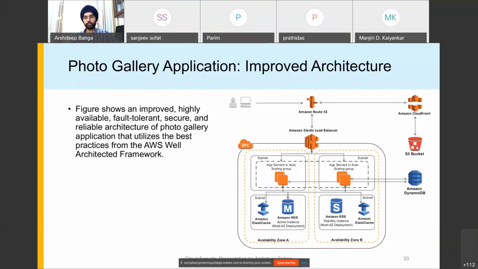So if users are requesting the application from a particular location, they may be routed to the nearest location where the application servers are deployed. So like this, if we apply the well-architected framework, we can make our application highly available, fault-tolerant, secure, and reliable by applying the various principles.